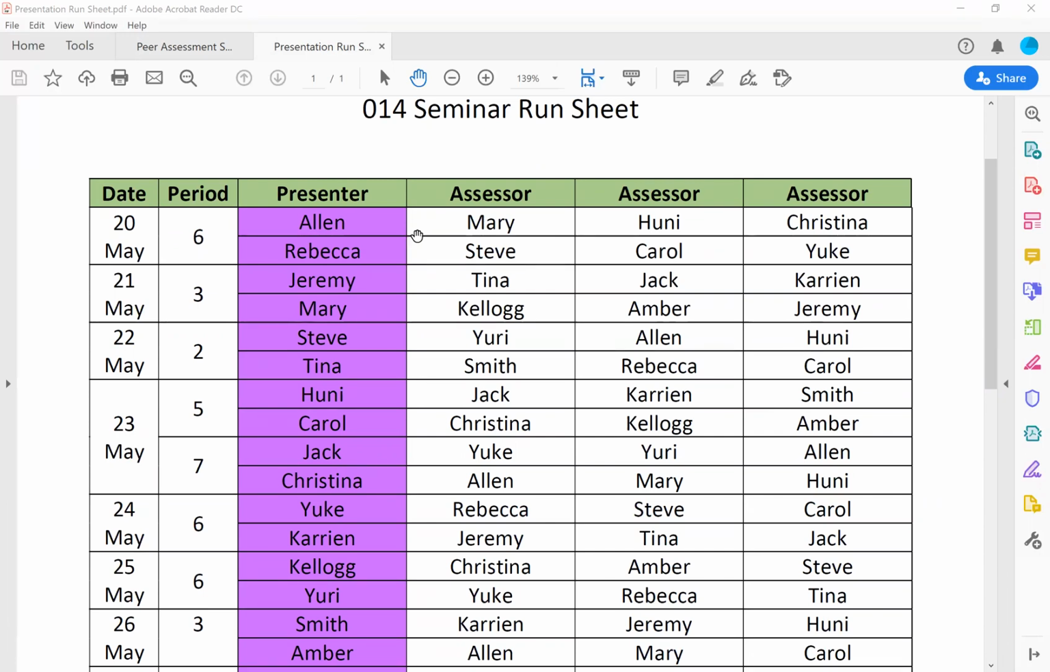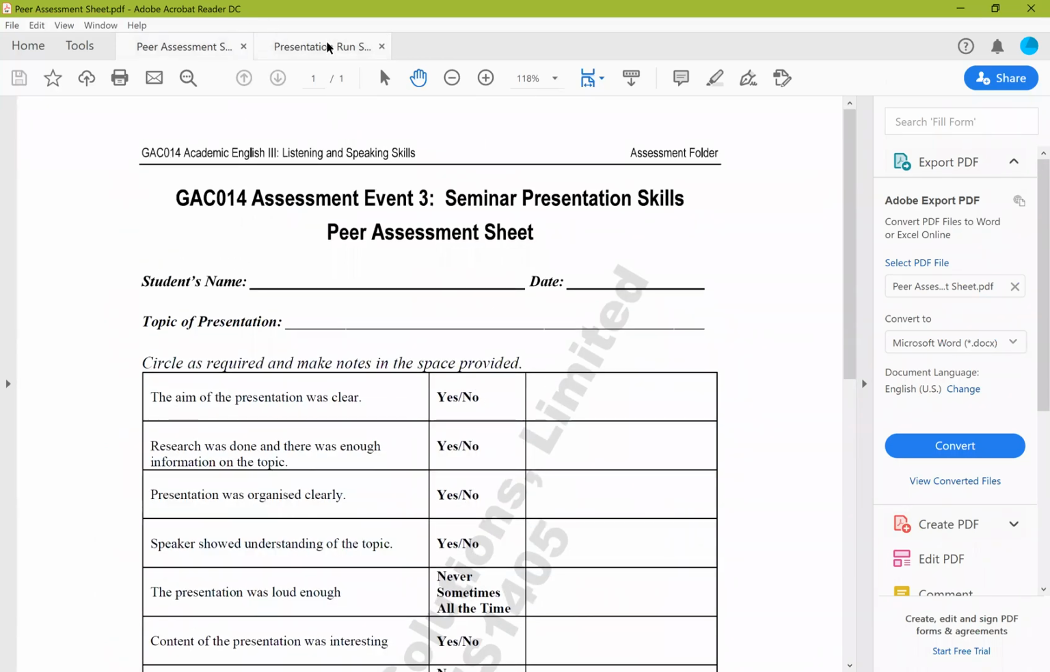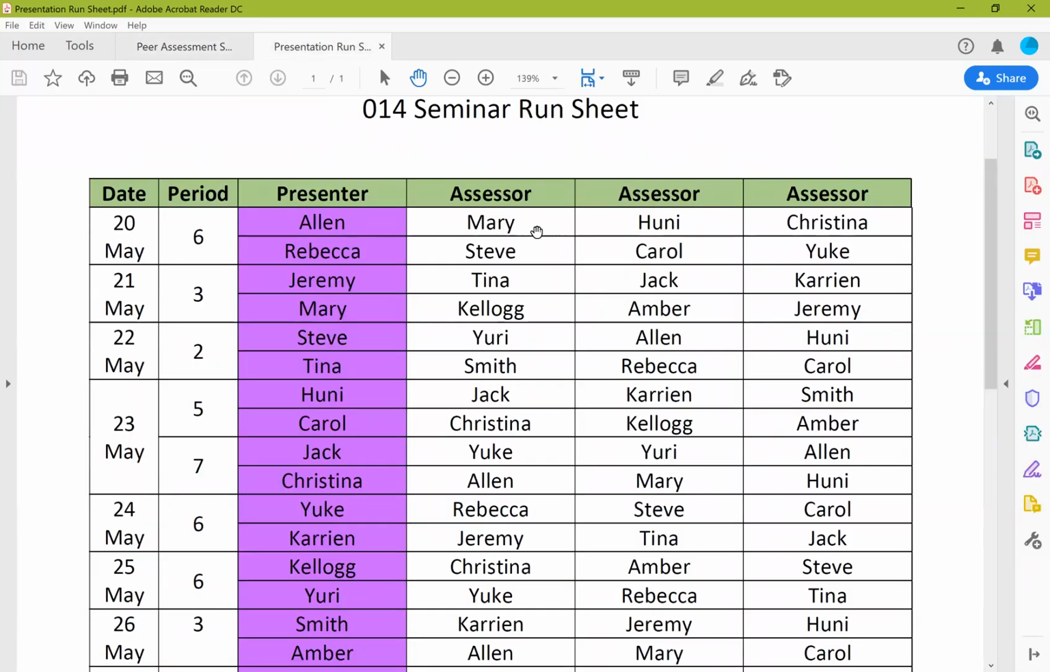Now, Alan, while you're doing your seminar, Mary, Hughie and Christina, you guys are going to be doing a peer assessment sheet. So 1, 2, 3 of you are actually going to be doing a peer assessment sheet for Alan. And while Alan's doing his presentation, Rebecca, you have 2 options. You can sit and watch his presentation, or you can pop outside and practice your speech before you go on